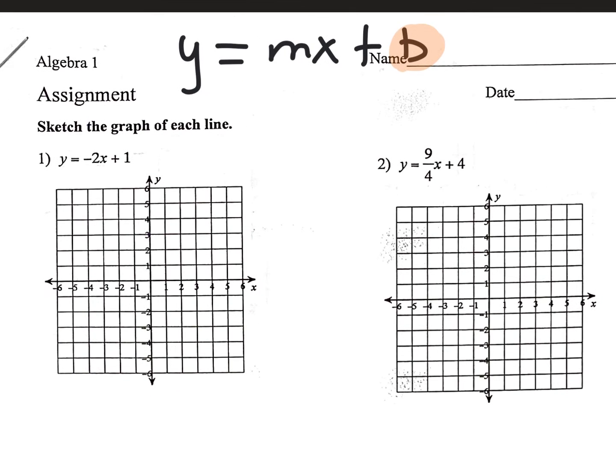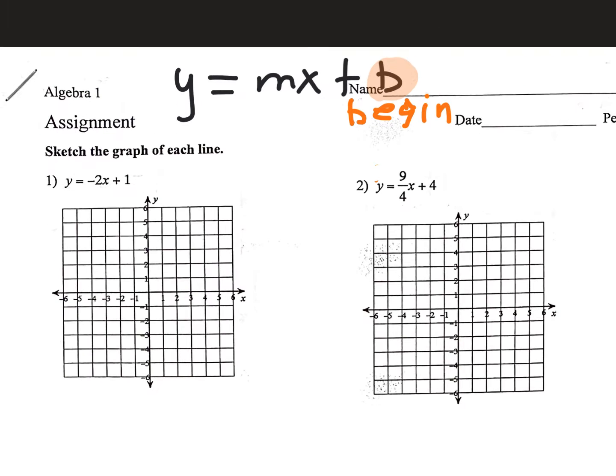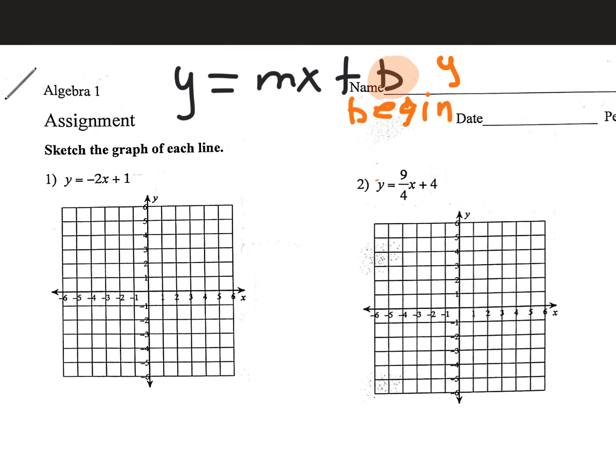So the actual mathematical term for this, I'll write it out to this side. That's still ugly, but you get it. So this is where you're gonna begin. Now the actual term for this is that it's called the